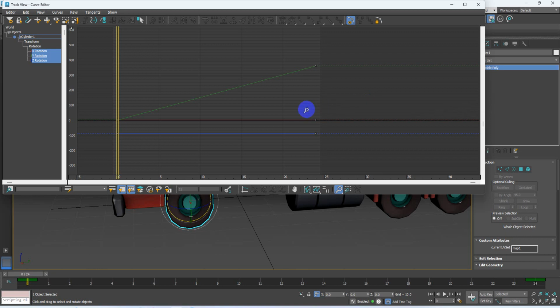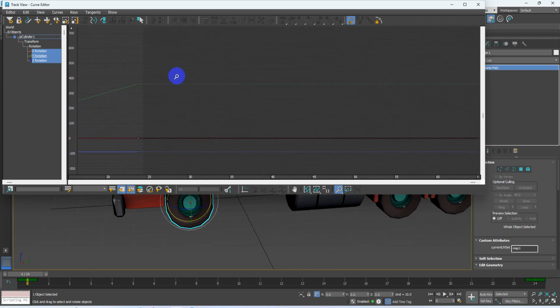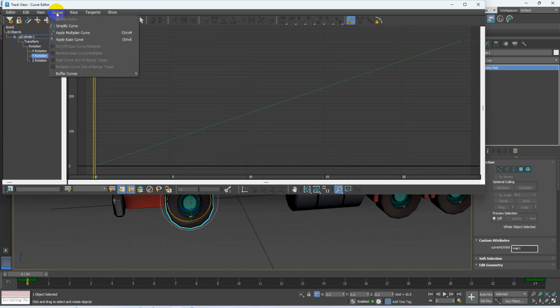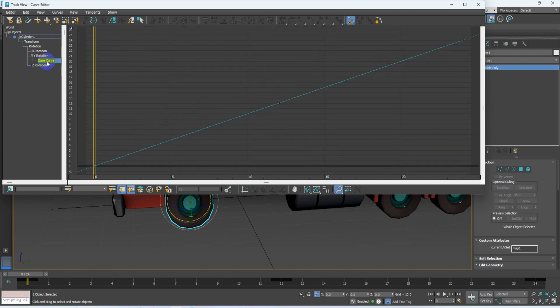We have now just 1 second, 25 frames only. So what I want to do is ask my computer to automatically help me do the animation after frame 24. So I go to Y rotation. You can press this button to auto zoom and go to curve, apply ease curve. Press this button and then you will find your ease curve was hidden under here, and go to